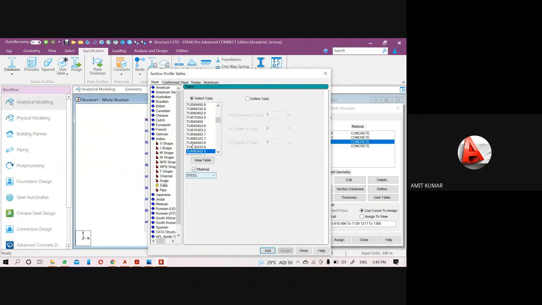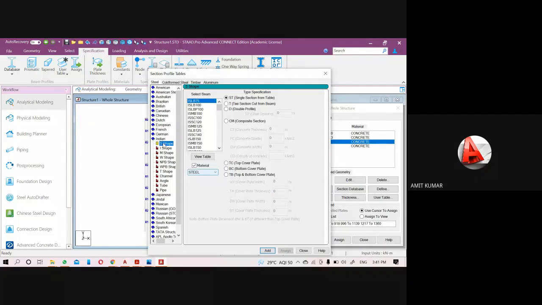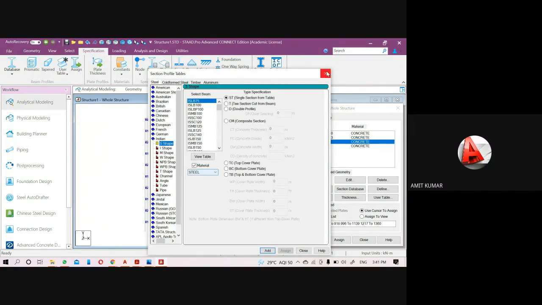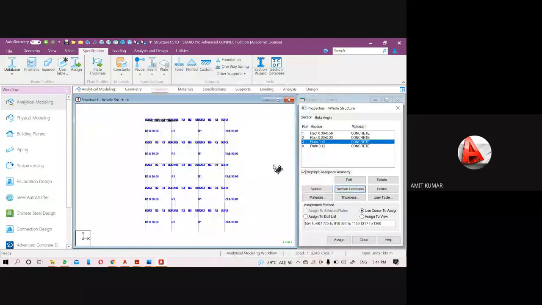So we have different types of steel shape, like the angle, the channel shape, that will be the C channel, T shape. I will explain the steel shapes and a few more details when I do the steel design also. Okay, so that was the defining and assignment process of the properties.